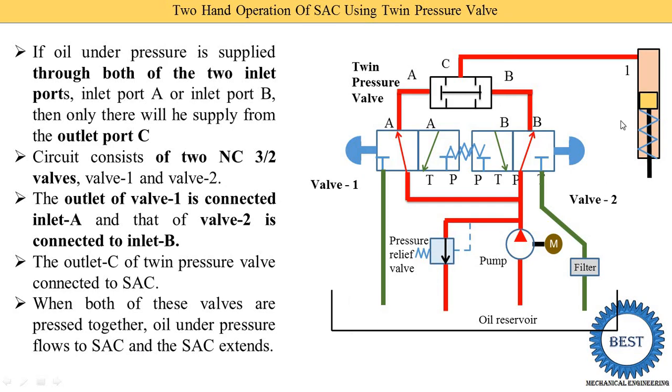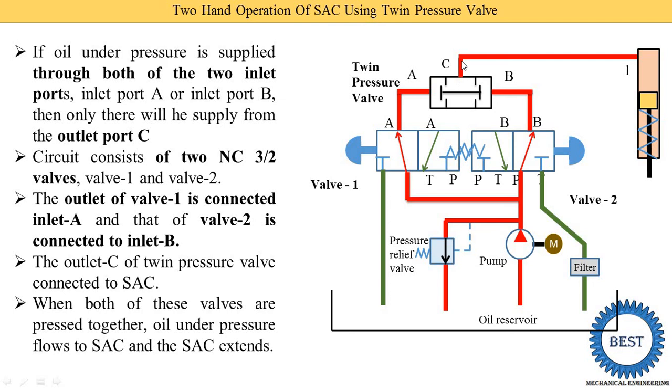Now how does the oil flow? Here you see the pressurized oil comes from the pump and is supplied to this P port. It is also supplied to the P port of valve 1, and it enters this A port here. In valve 2 the oil comes in at port P. Then from both sides of the twin pressure valve, meaning the twin pressure valve has 2 inlets, as we wrote in the first point, both these inlets supply oil to the twin pressure valve.